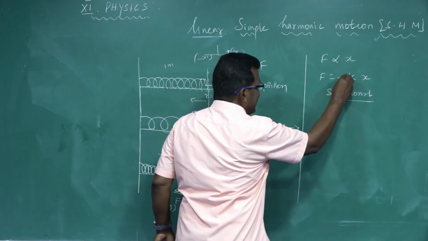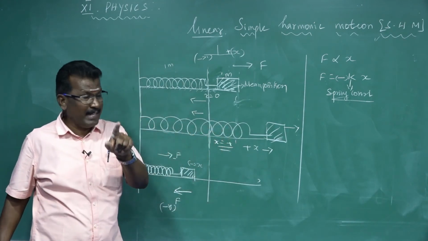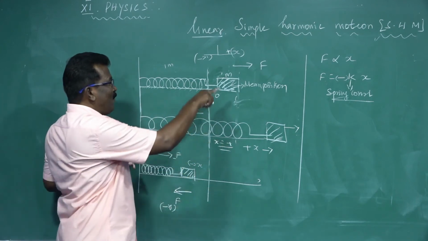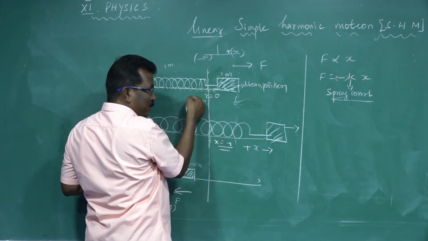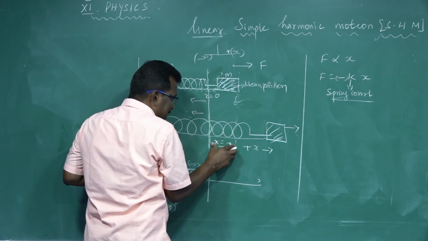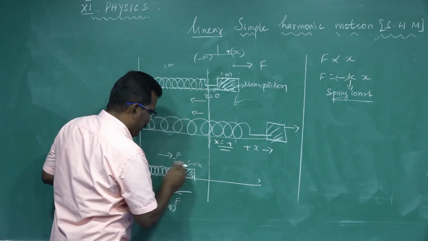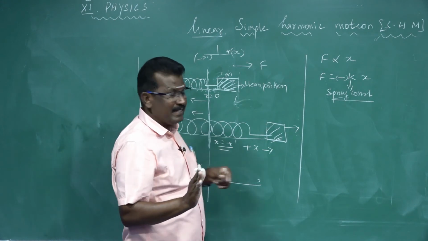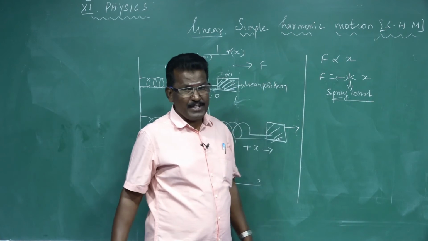So, the minus sign once again. The minus sign indicates that force and displacement are always in opposite directions. When the force acts in the positive direction, the displacement tries to restore the original position. If it is displaced in the positive x direction by, say, 1 centimeter, it tries to restore. Now the force is applied, and another force acts in the opposite direction. Force and displacement are always in opposite directions. So F is equal to minus Kx.